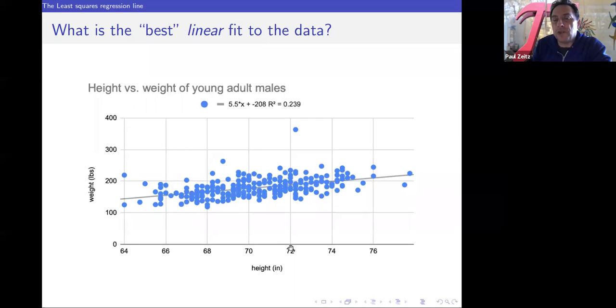Likewise, if you said a 6 foot tall person is 179 pounds, you wouldn't always be right. This person is underweight, this person is overweight. You have a whole spread of people, but still overall it's going to be the best guess. And if you were to make all of these guesses and you're figuring out what's the aggregate least square error that you'd get, it would be found by fitting the line here.